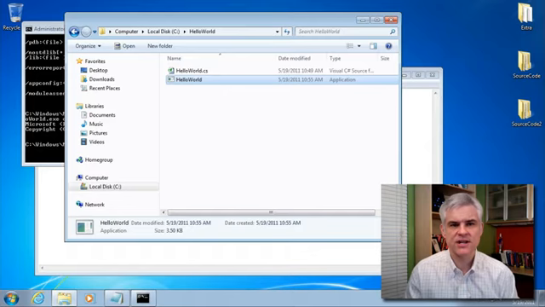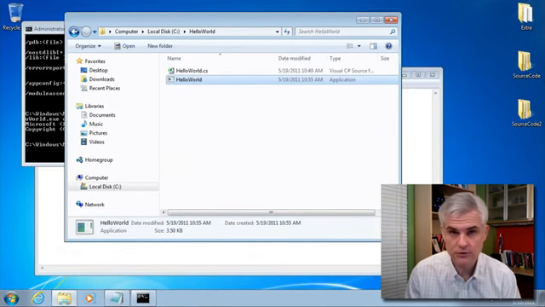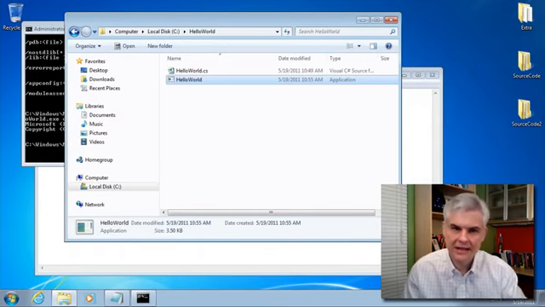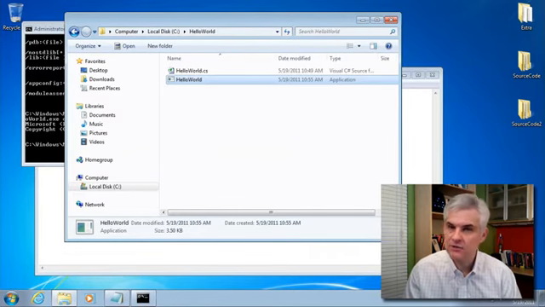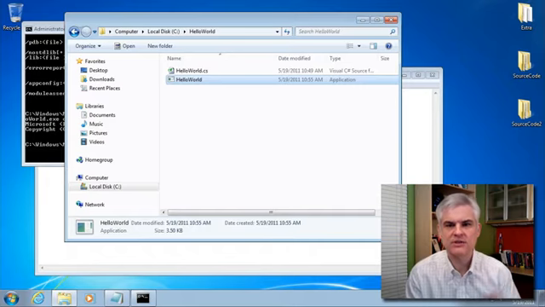I want to switch gears now. The point of this exercise was to show you that you don't need to use Visual C# Express Edition or Visual Studio, an IDE, an integrated development environment. You can do all your work in Notepad and use the C# compiler if you wanted to. That'd be fine. But I want to show you that there's an easier way to create this exact same application